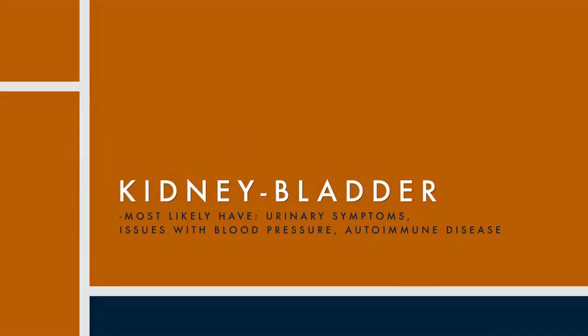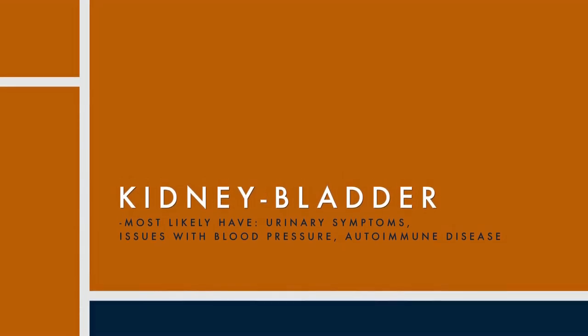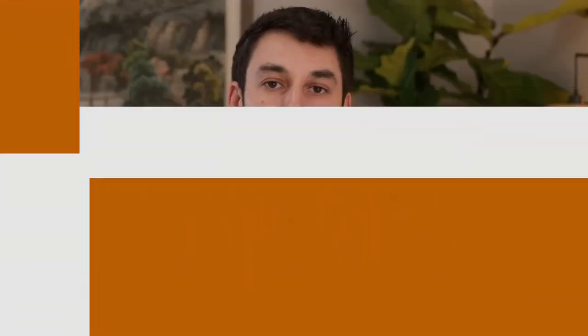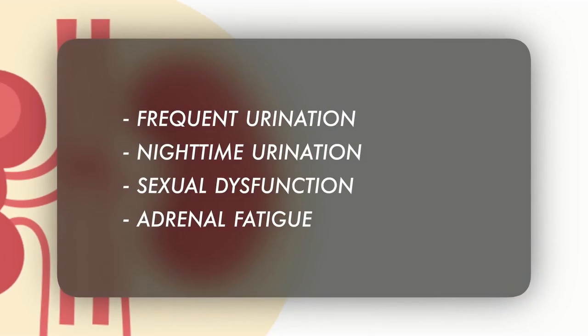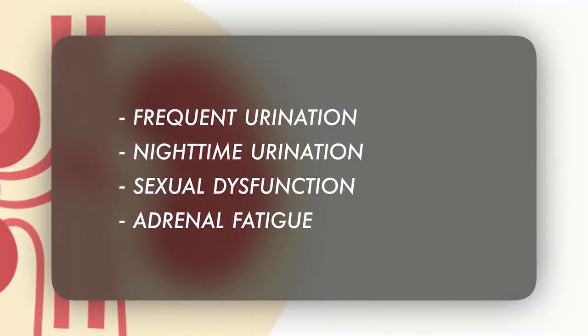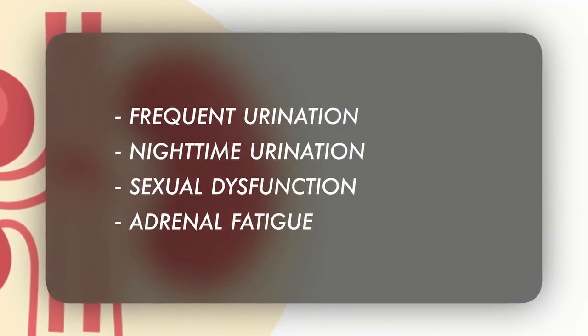We'll call the kidney and the bladder. Now, traditionally, when people have a constitutional kidney and bladder origin, root cause of a lot of their issues, some anatomically relate to that organ. For these kinds of people, let's start with the most obvious ones. We see symptoms like frequent urination, nighttime urination. It also includes